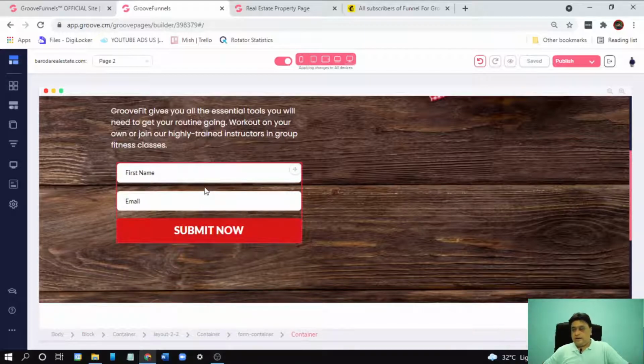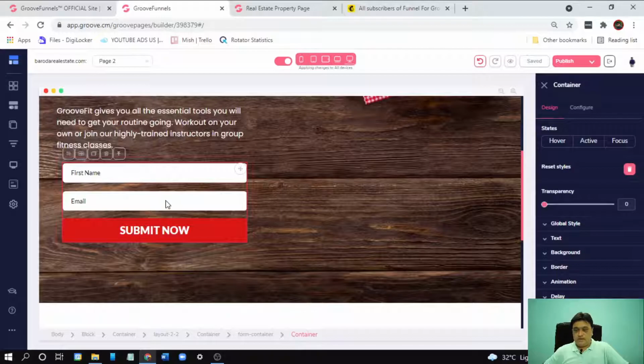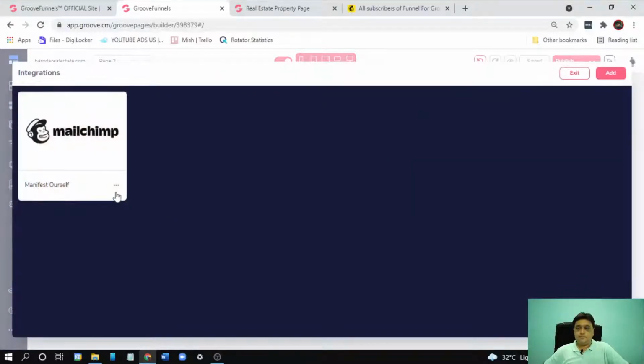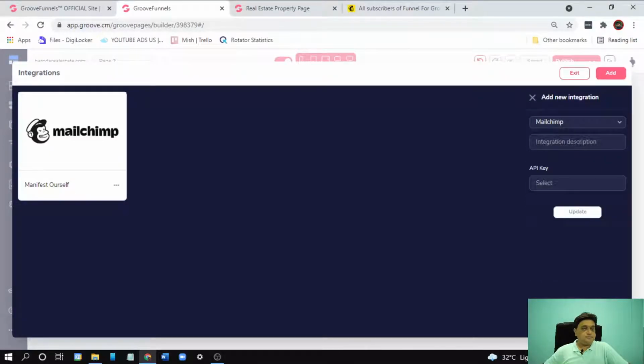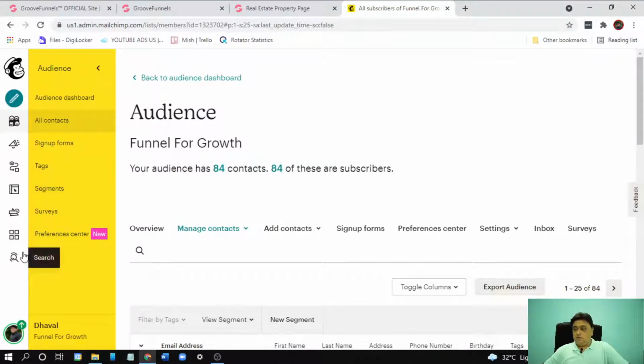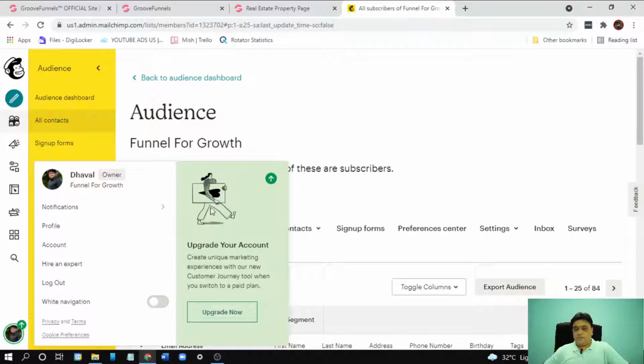Now we have to integrate this form container with our MailChimp account. So first go to integration. I already have one MailChimp integrated here. Let me add another one. Integration type: MailChimp. Select API key. You can find your API key in your profile section.